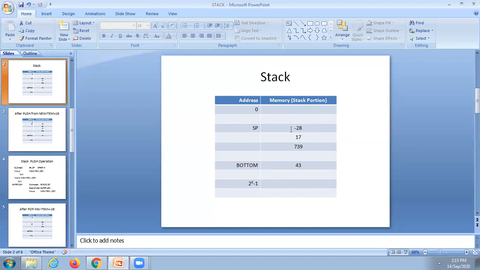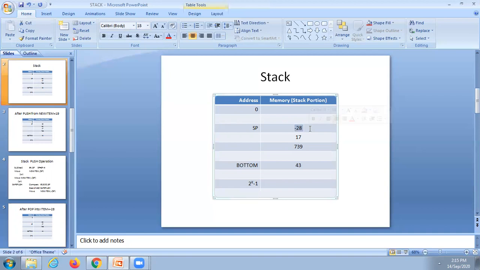The increment and decrement of the stack pointer depends on the size of the data item, that is, how many bytes are occupied to store each item. Here, to store this -28 it occupies 4 bytes. In all cases it may not be the same; it may differ from case to case.